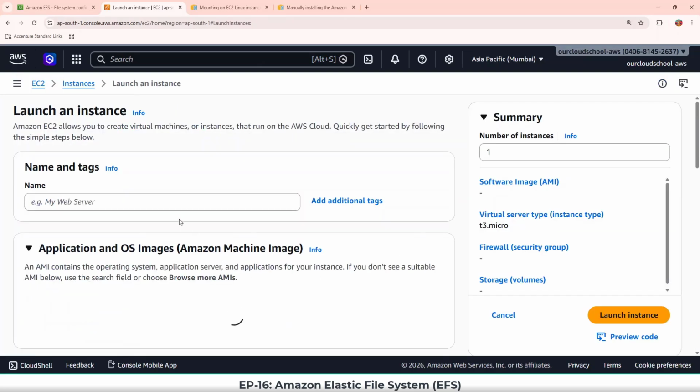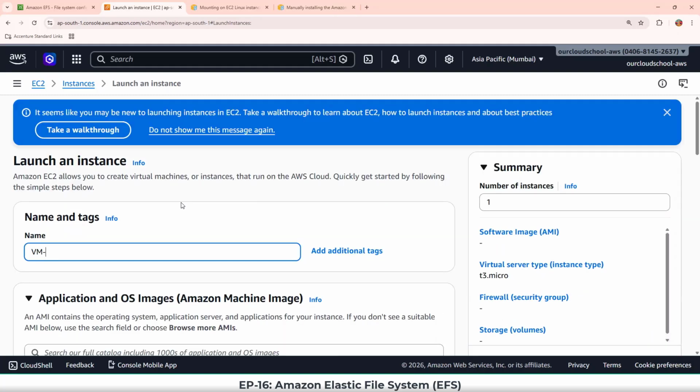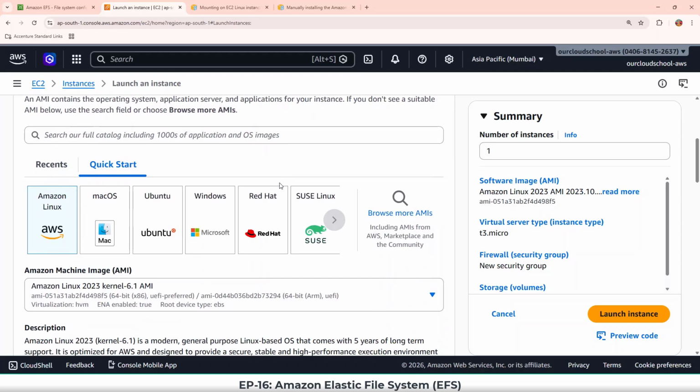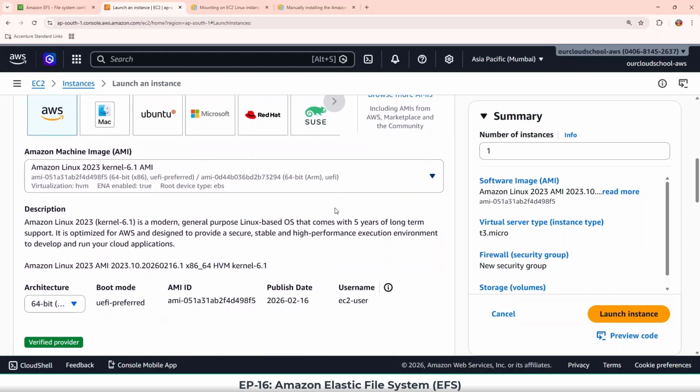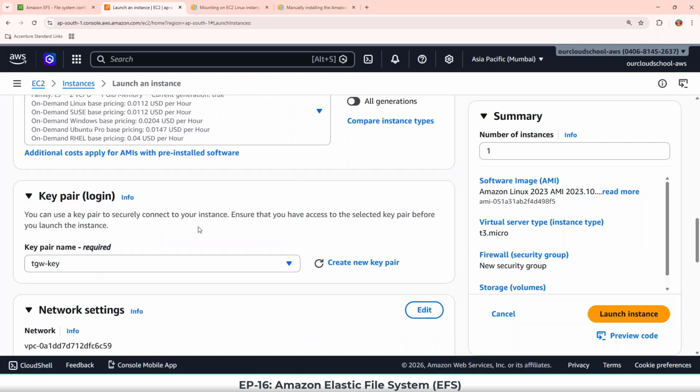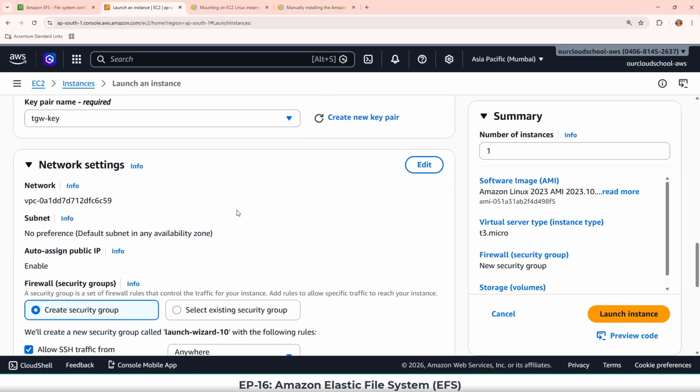instance. I'm going to launch my EC2 instance, let's call it 001. This is my first VM. Going to keep the OS type as Amazon Linux default, and the instance type as well. Let's select the existing key which I have. I'm going to keep the virtual network settings as is, which is the default VPC, the same VPC where we